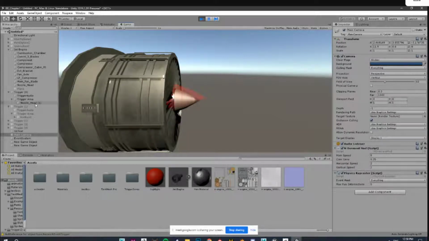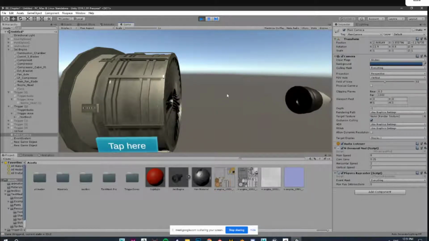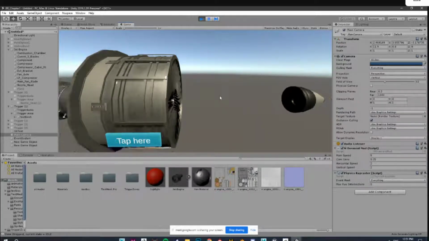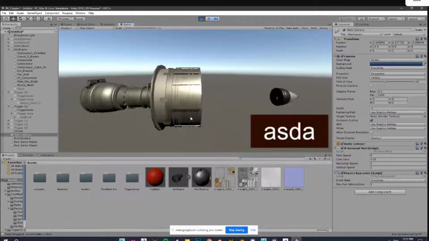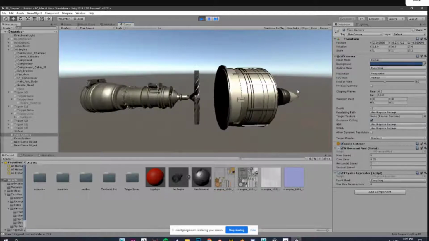So don't be afraid if the highlighting is not happening. If you click on this, the animation will get played. I'm using WASD for walking. If I click on this, the animation is playing. So this was the text for which we want customization, right?